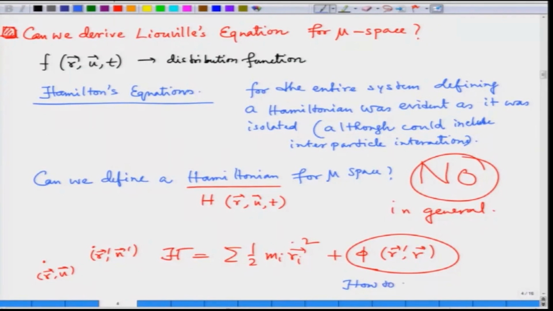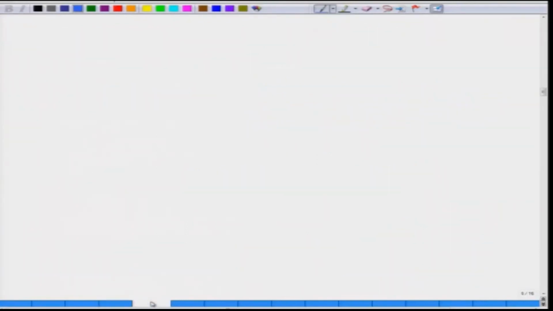How to incorporate this in mu space? This is not possible, because in mu space we just permit r, u and t and no r prime. Okay. This is a single particle state. So, the answer is very clear that in general, although it is not possible, h mu r u t can be defined